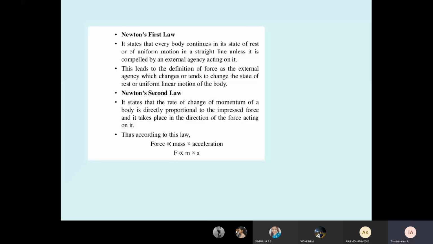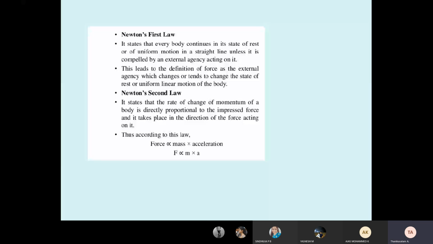Suppose the bus is moving in a straight line. You are driving the car at 70 km per hour, uniform speed. Suddenly a bull is crossing the road, or there is a speed breaker. The driver unknowingly drives the bus over the speed breaker without seeing the barrier. What will happen? You people jump when the bus tire touches the speed breaker.